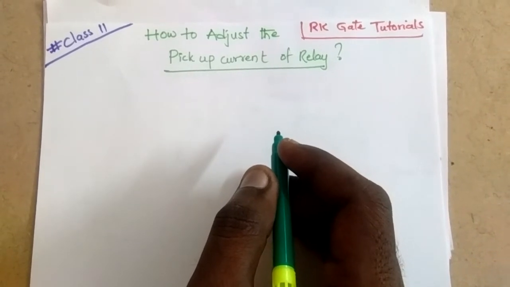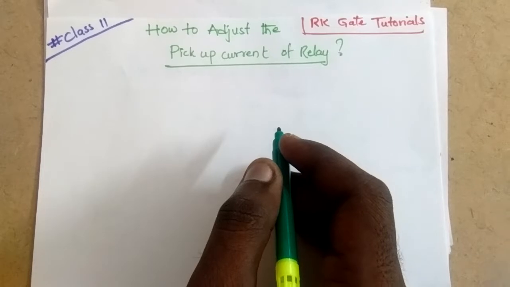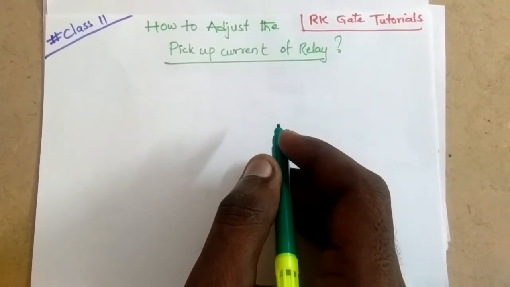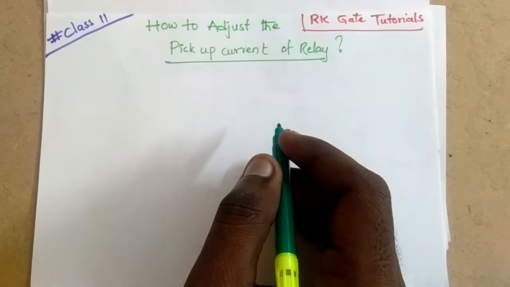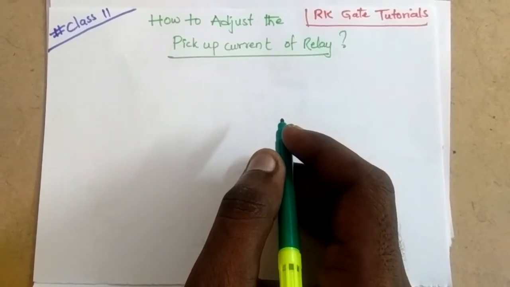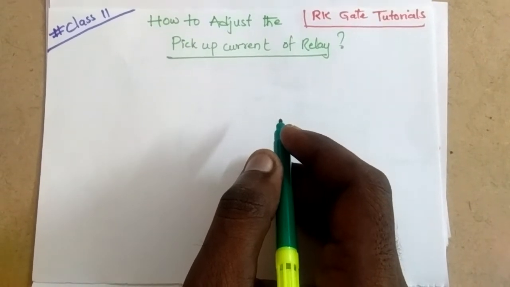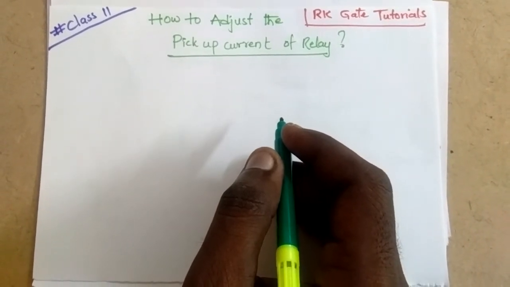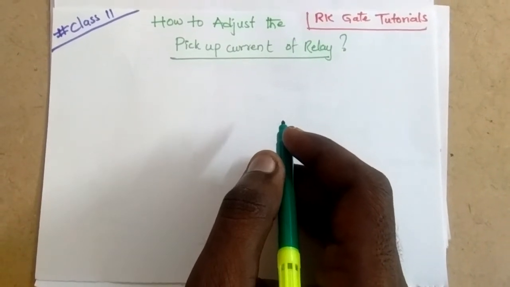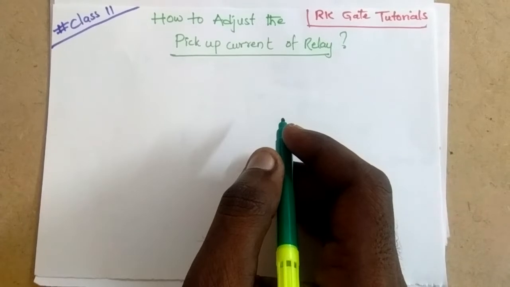So in the previous class we have studied about the types of relays. The relays are based on three factors. One is the time of operation. Second one is the relay is based on the application, and third the relay is based on its construction, the constructional features. So we have already completed in the previous class the relays based on the time of operations.